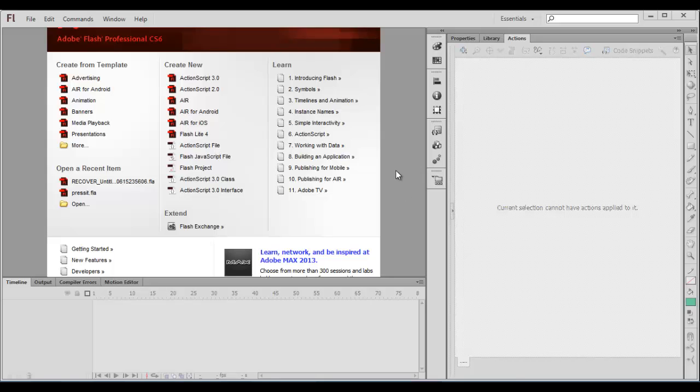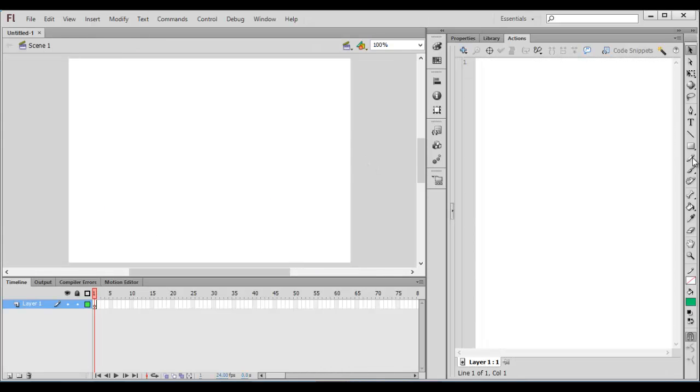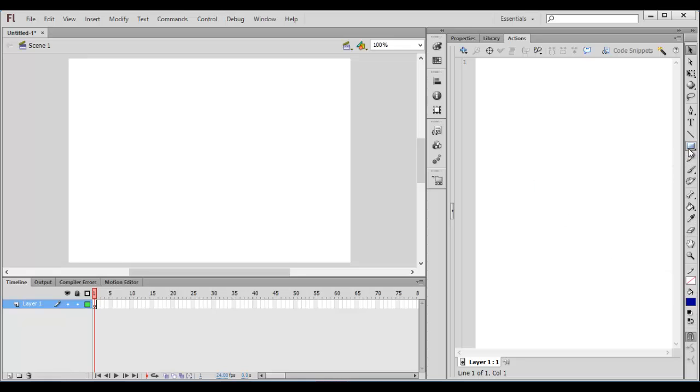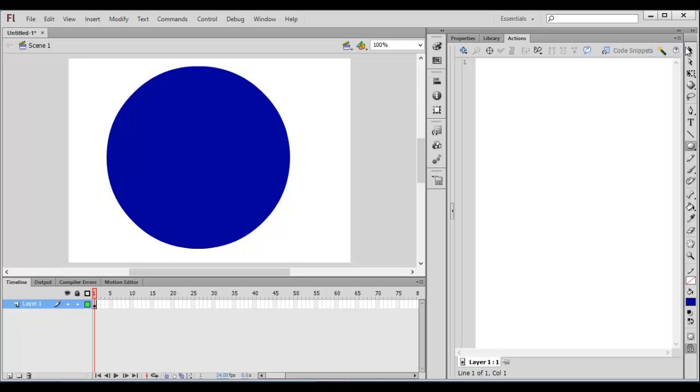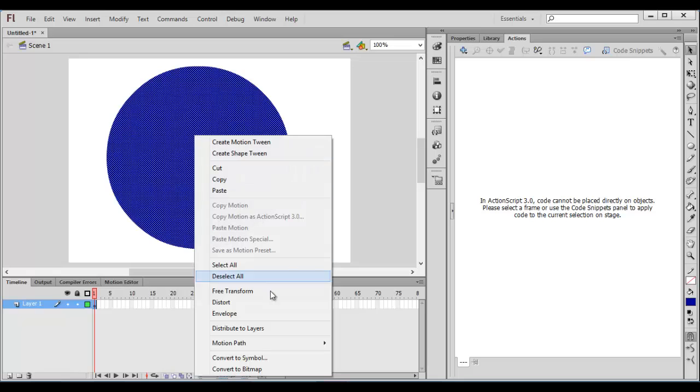click it. So the first thing you need to do is open up an ActionScript 3 file by clicking ActionScript 3. Then we're going to want to change the color to something like blue and get the oval tool, which is right here. Hold down shift and drag until you can get a perfect circle. There you go. Then get the selection tool, click it, click the circle, right click, click on convert to symbol,